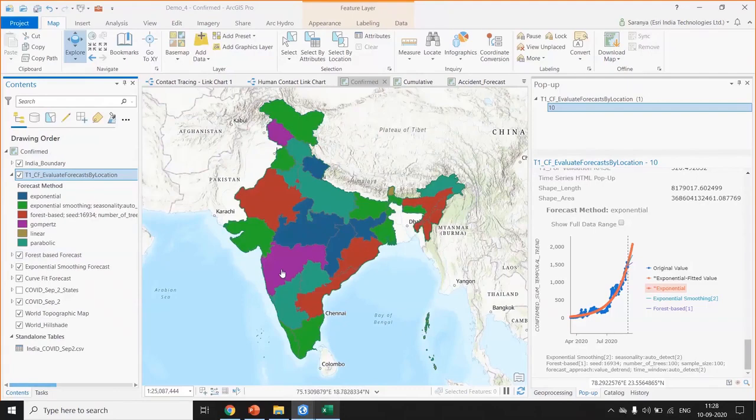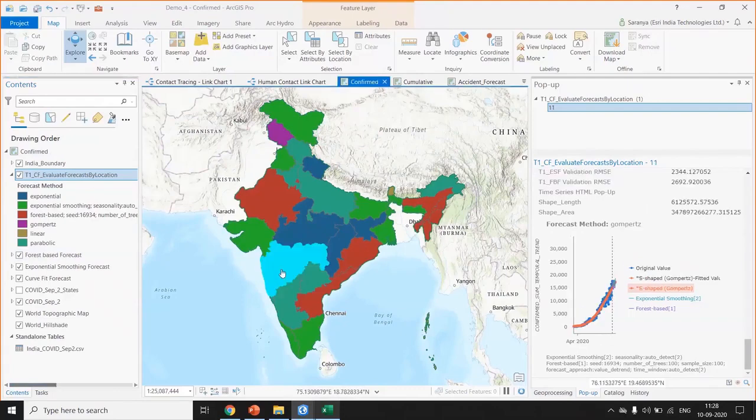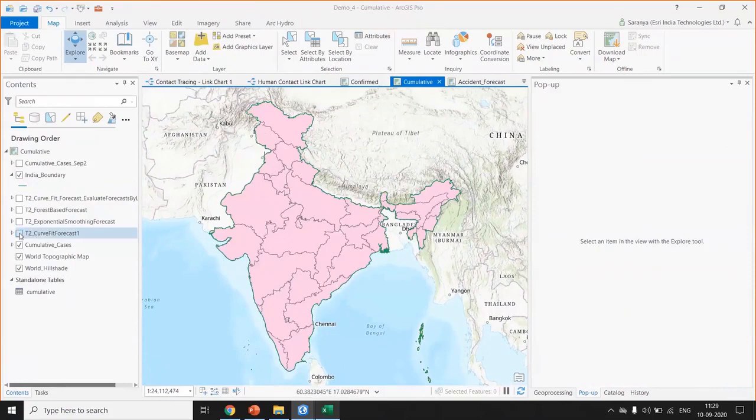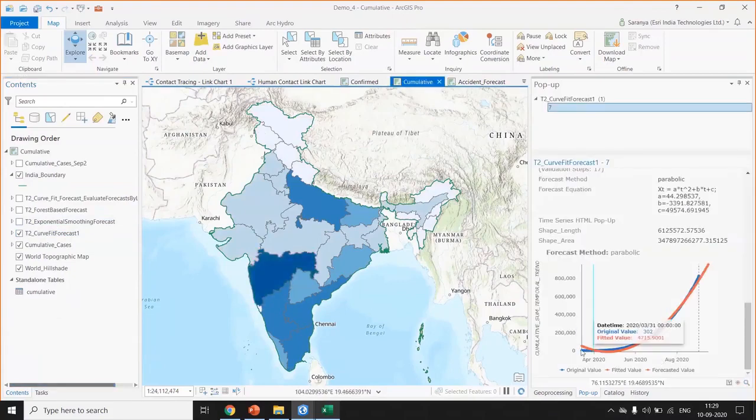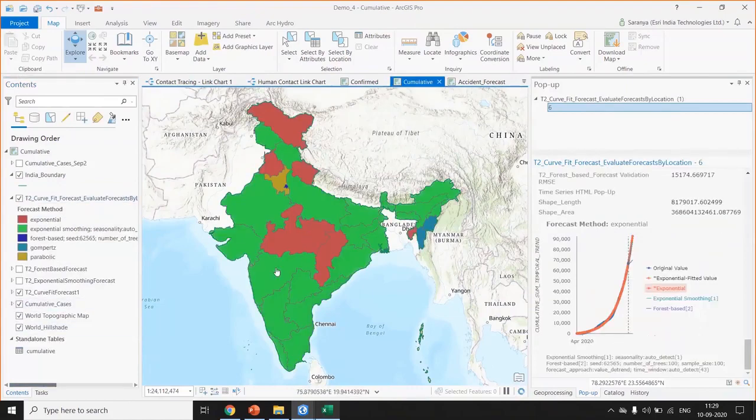Similarly, if you have your COVID data district wise, you can use the same concepts to find the unique model to help your particular district. So this is an example where we have done it with the confirmed cases, which is how many cases are reported each day. The same type of analysis can be used to forecast the cumulative increase. For example, here from April we have tried to forecast the cumulative increase in the number of cases. Here also we have tried to find out which model suits better in order to find the number of cases each day.